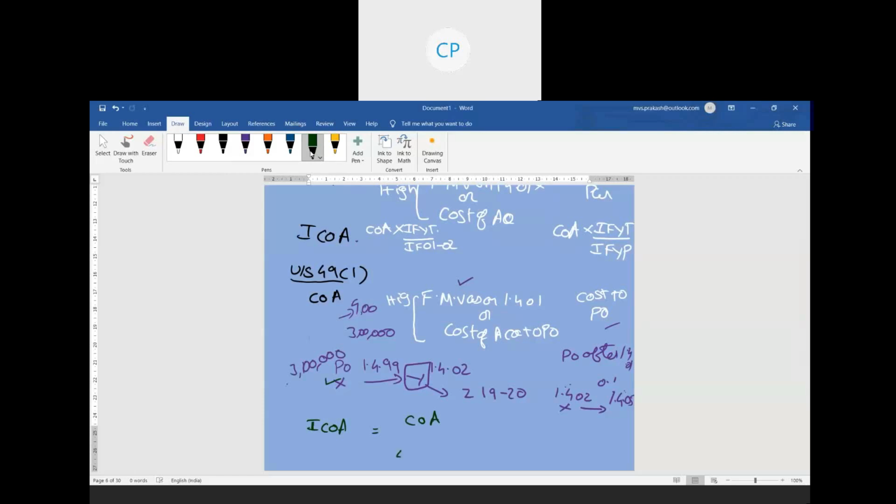The cost of acquisition here is 4 lakhs or 3 lakhs, whichever is higher. So in the present example, 4 lakhs is to be considered as my cost of acquisition, multiplied by the index value for the year of transfer divided by the index value for the year of purchase. But here there is no purchase by me; there is a purchase by the previous owner and a transfer to the present owner. Which should I consider? Two dates are there, whether I have to consider 1st April 2019 or 1st April 2002. For this, two things are there.